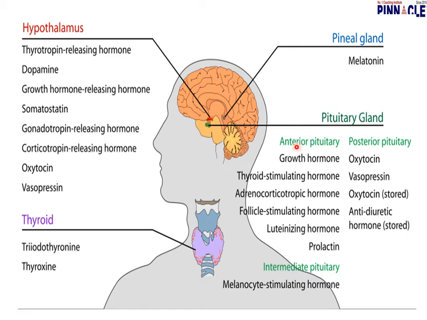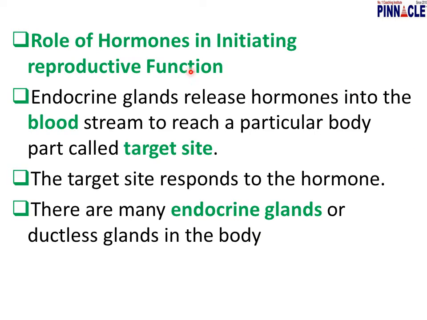This is the diagram. Here we can see the pineal gland, and this is the hypothalamus. These are the thyroid, and the pituitary gland is situated here, and you can also see other parts. This is the stage, this is important, interesting about the voice box.